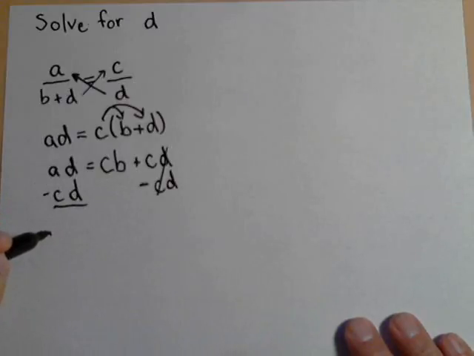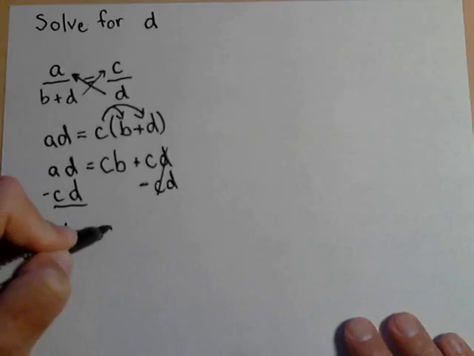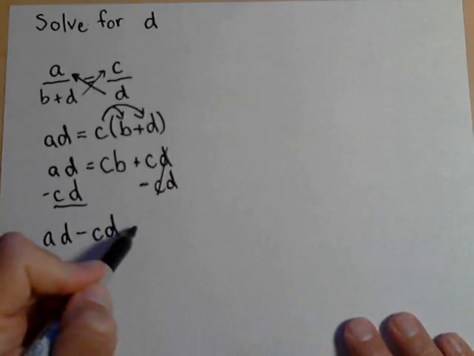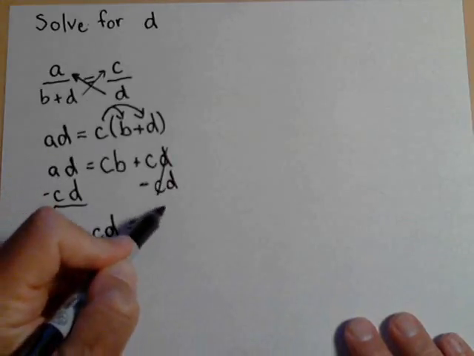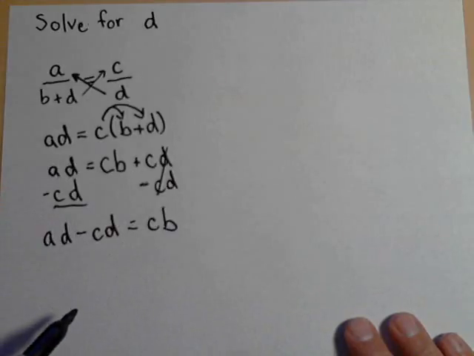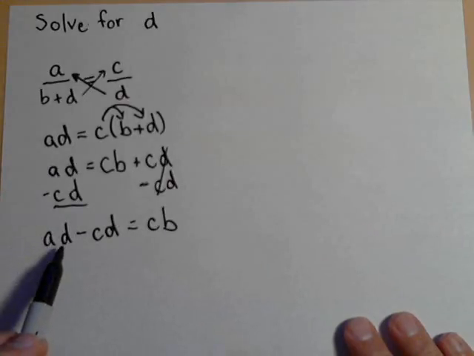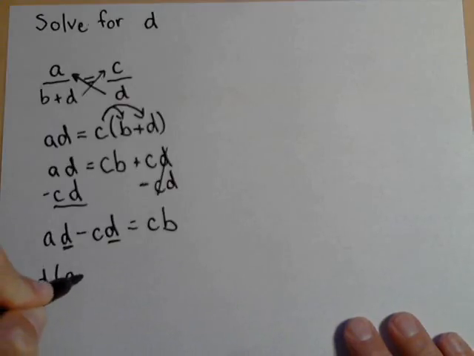So on the left hand side, that's going to give us ad minus cd equals c times b. The reason we did that is now both terms on this left hand side have a d in them. So we can factor that d out and we get d times (a minus c)